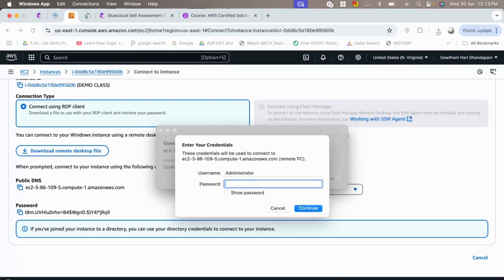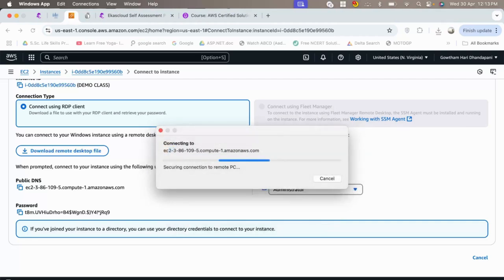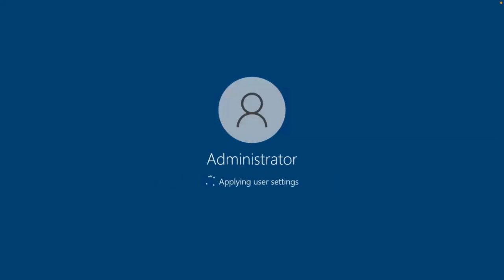I'll just paste the password that I have copied before. Now, as the remote PC is getting started,